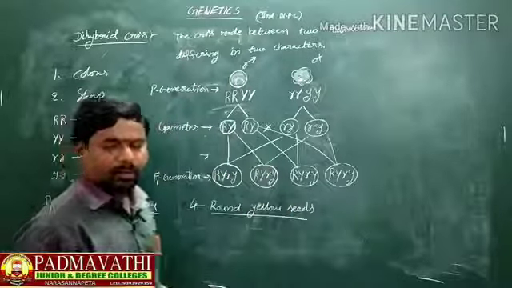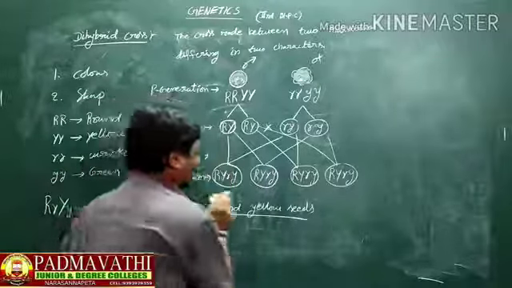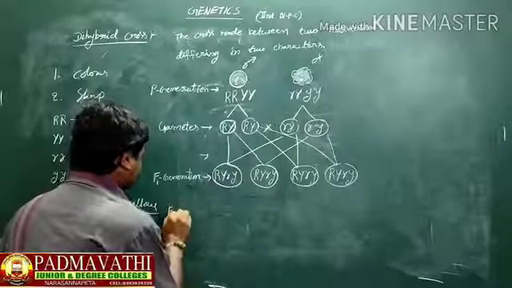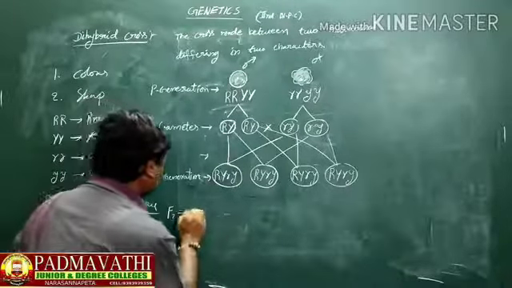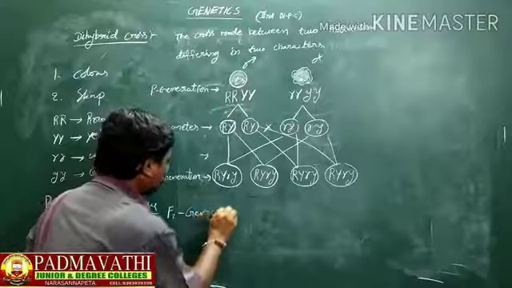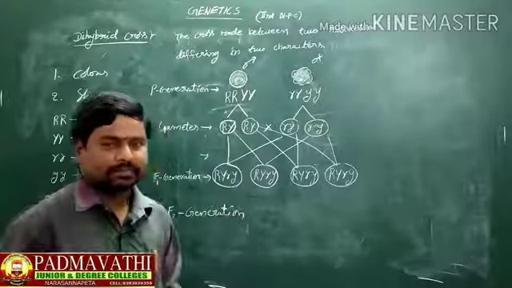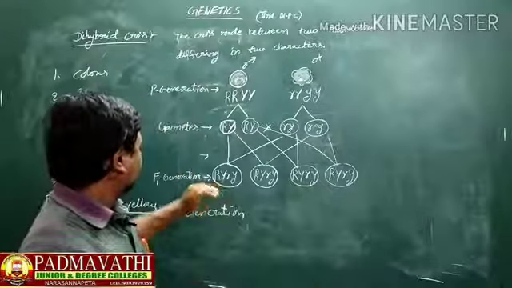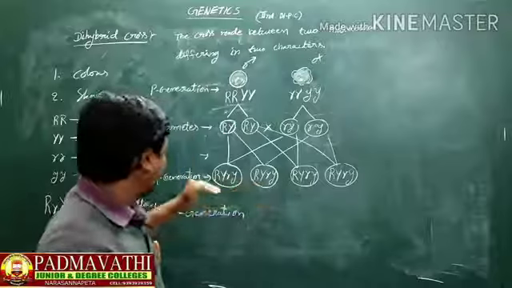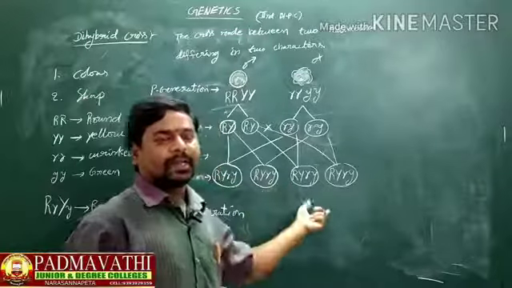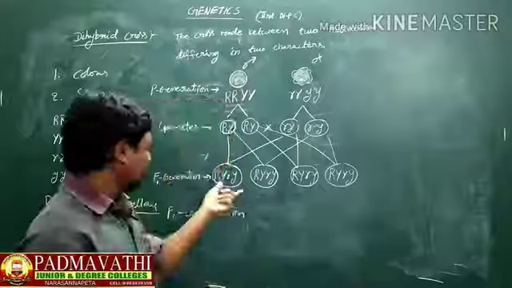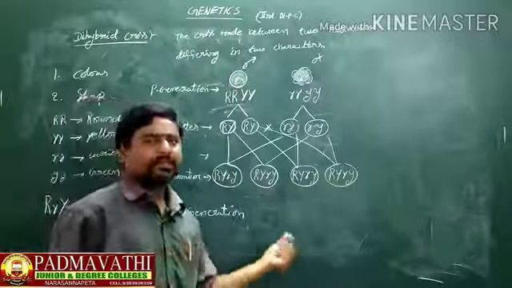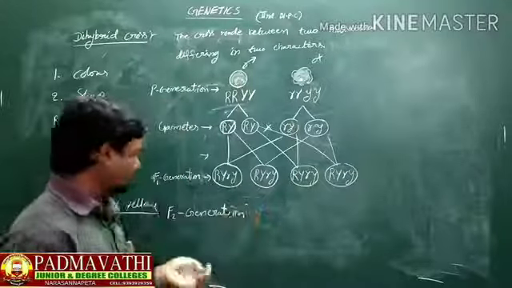Now, we are going to the F2 generation in Mendel's dihybrid cross. What is meant by F2 generation? The generation which is produced from the F1 progeny. In the F1 generation, self pollination occurs and a progeny is produced. That is the F2 progeny.